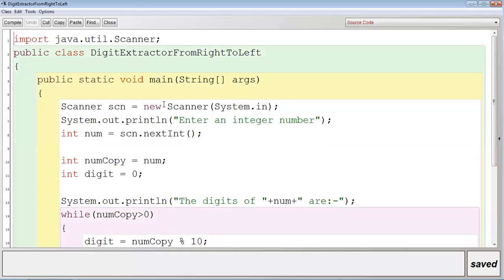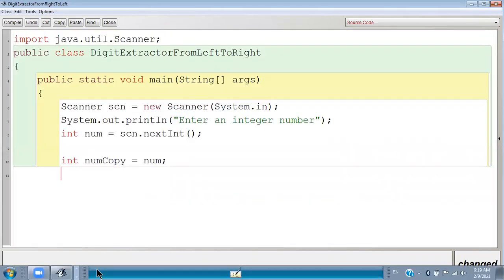Digit extractor. In the previous video class I had already discussed digit extractor from right to left. Here I will discuss from left to right. Digit extractor from left to right, scanner. Okay, now listen, int num copy is equal to num, int digit is equal to 0, int number of digit